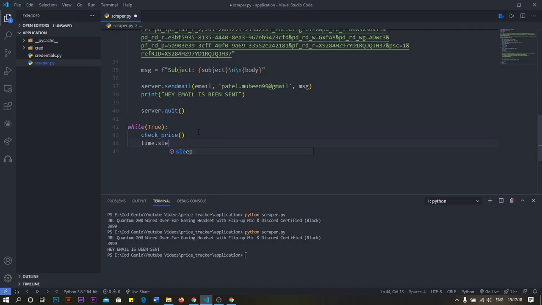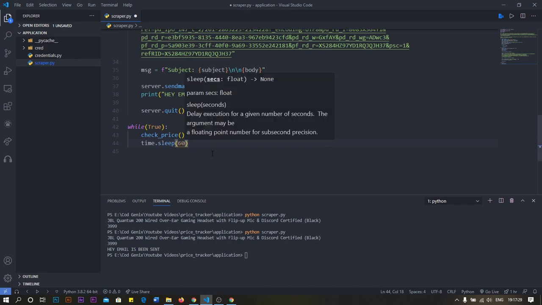So if we say 60, it will recheck after every 1 minute, and you probably don't want to check it every minute, so you can check it twice a day, or once a day. It depends on you. So 60 times 60 will be an hour, and times 24 will be a day. So it will check once a day and send you an email.